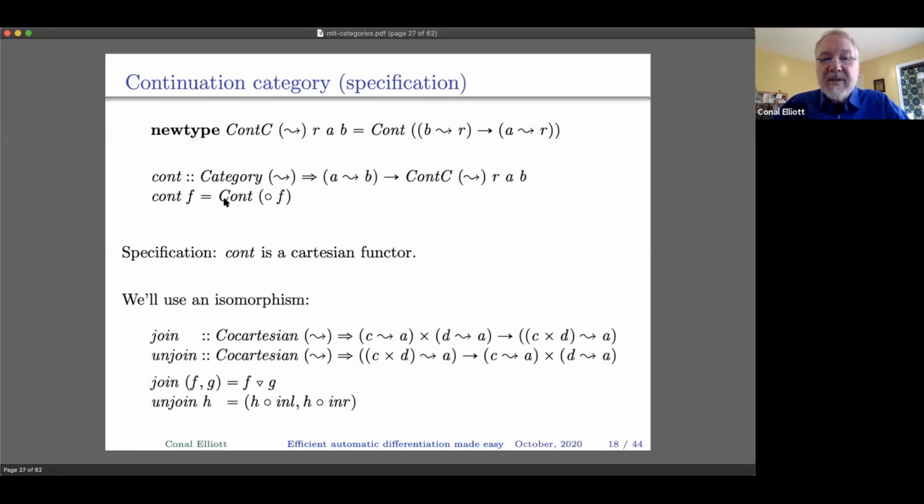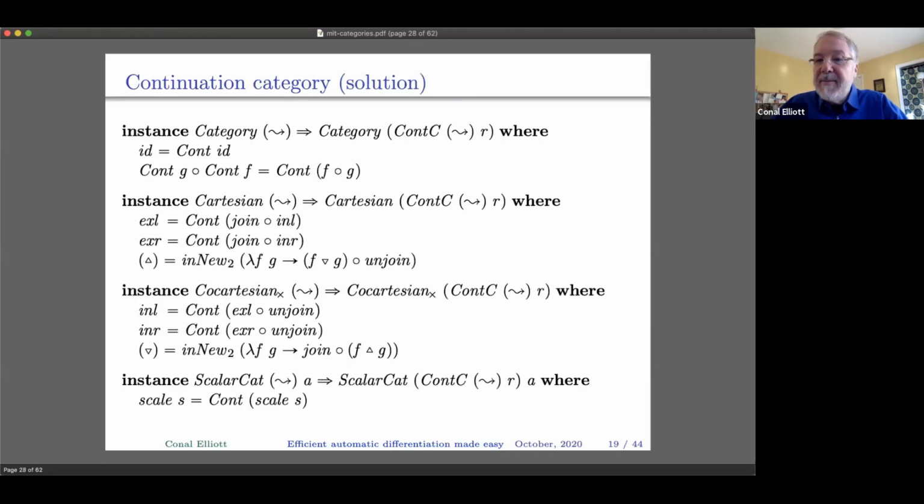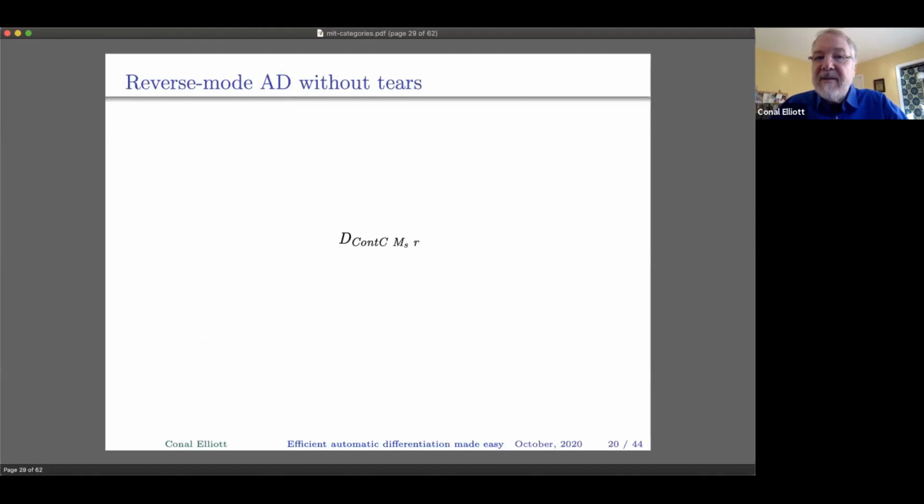If we solve these equations with the help of these isomorphisms, we get this code. This is a correct, fairly efficient, I'd say quite efficient implementation of reverse mode automatic differentiation. Okay, it's correct by construction, meaning I just solved those equations and got this code. There's a paper you can look at that has the details, the full proofs. Okay. And so here is an efficient reverse mode automatic differentiation. It's the general category D